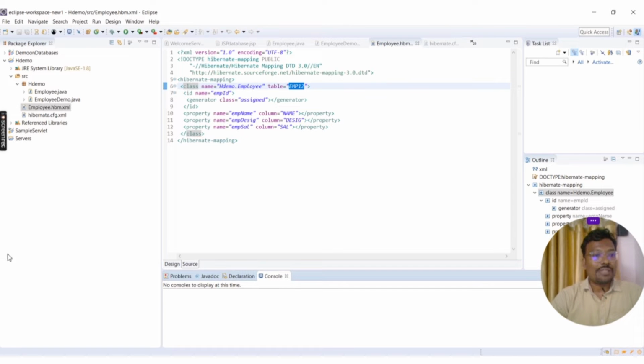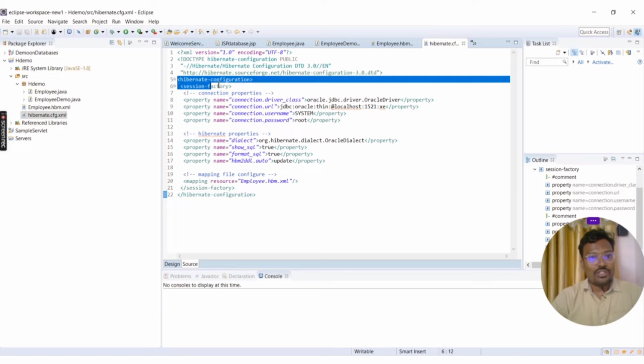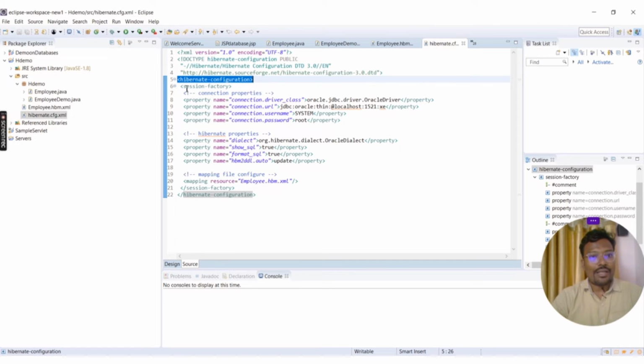Next, coming to the second XML file, that is the Hibernate configuration file, where we are going to provide three things. One is database connection details, second is Hibernate properties details, and third is the Hibernate mapping file. We need to specify that Hibernate mapping file using the mapping resource attribute. Here also, hibernate-configuration is the parent tag, under which session-factory is a sub tag, and we are going to use